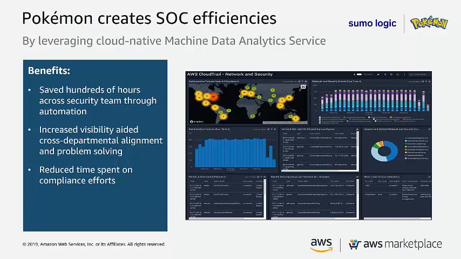So, has to be probably one of my favorite companies to talk about, Pokemon. The Pokemon Company actually looks after the brand for Pokemon across video games, mobile, TV shows, wherever like that. Obviously, working with a lot of IP, targeting children, so security and privacy concerns are all a top priority for Pokemon. And one of the challenges that they had was giving their security team visibility into what was going on within